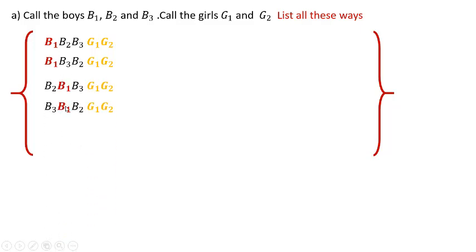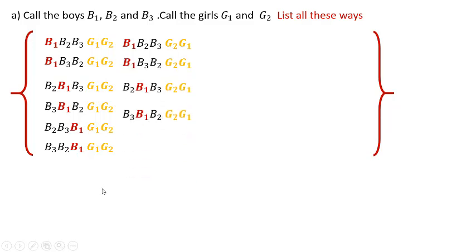Now assuming B1 on the third seat, again permute B2, B3, and we have a list of 6 options till now. Now permute G1, G2 into G2, G1 and repeat the same procedure to get other 6 options,